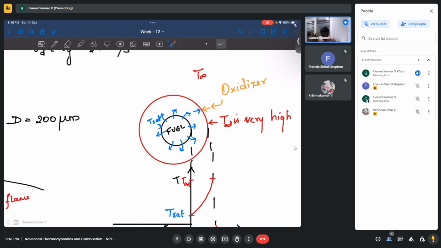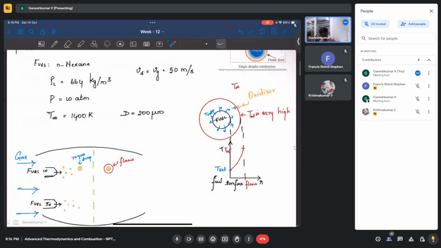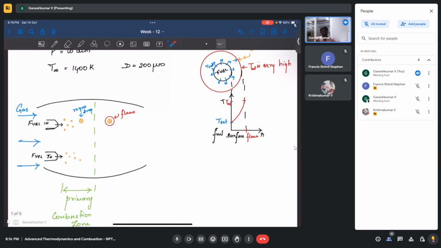That will be more accurate, and the rate at which this is going to evaporate is also going to depend on Cp. That will also be more accurate if you have a good estimate. All these things are required only when you do this simplified analysis. If you are doing a detailed analysis, you can actually go with different species Cps and their thermal conductivities. You can solve the full Navier-Stokes equation, energy equation, and species conservation equation together, and you will be able to get good and more accurate results.